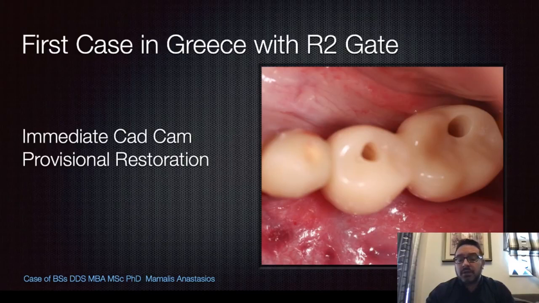It's an open software. It can export STL files that can be printed everywhere, but we print all the surgical guides in our R2 center, R2 lab, Dr. Michalis Papastamos, Dental Aesthetic Lab, because we want to control the quality and the accuracy of the guides, but they can use any dental lab that they want to make the provisionals. We can just send them the STL files that are exported from the R2ware, and make the provisionals there.